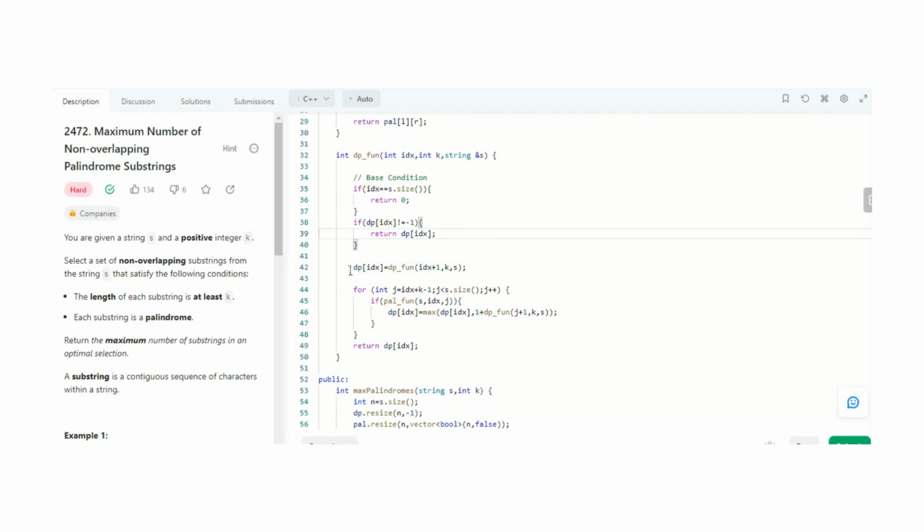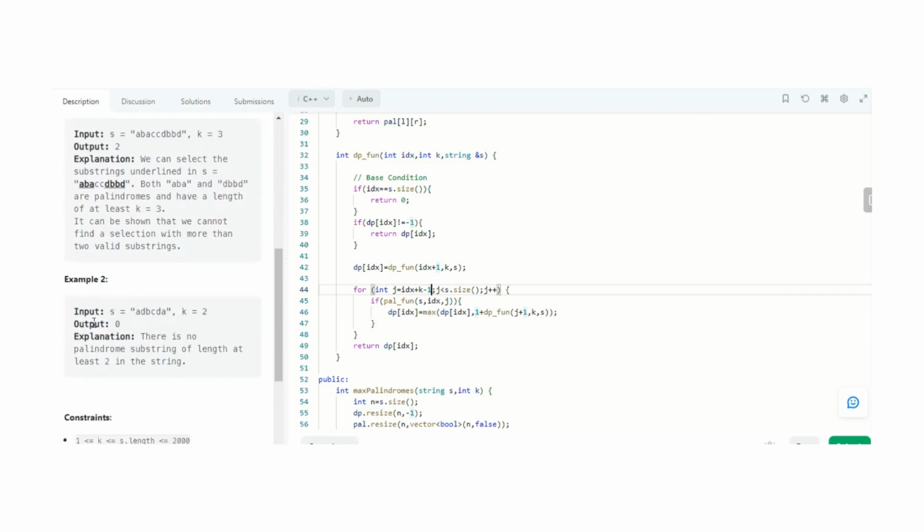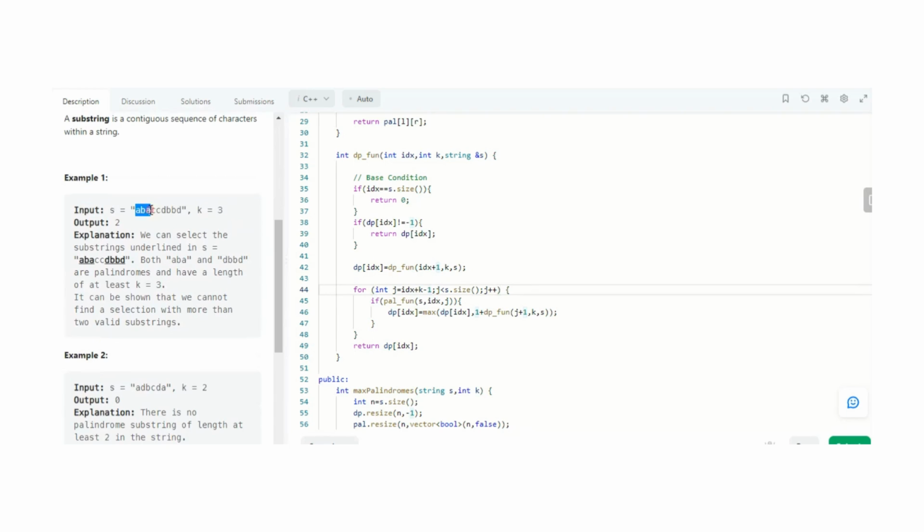And here I have made the most main thing that we have discussed via solving that example. The first part that we have discussed is that we need to first choose the first k letter string in the main string, as we need to start from that only. So as in this example, we started with ABA.